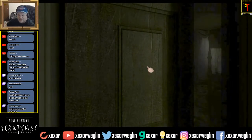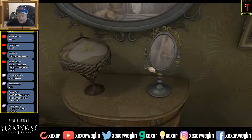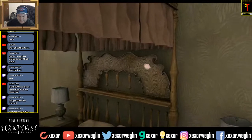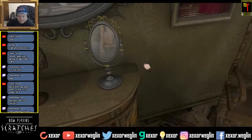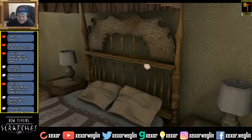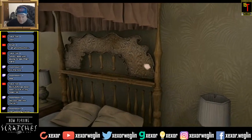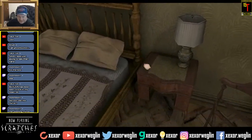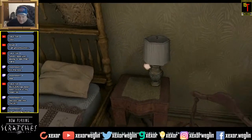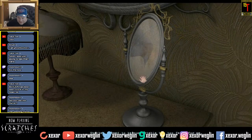So this is just the thoughts I've had up to this point with the pivoting mirror. Right now, it reflects basically right here. But I can't interact with anything, and I cannot approach more closely to try to interact with anything. I can do that, but it just talks about the bed being too fancy. If I go closer and I rotate the mirror,